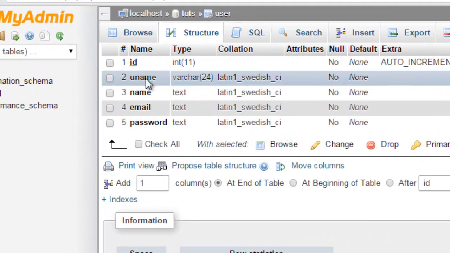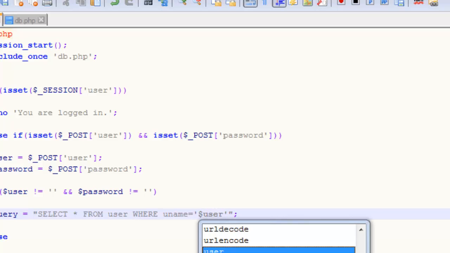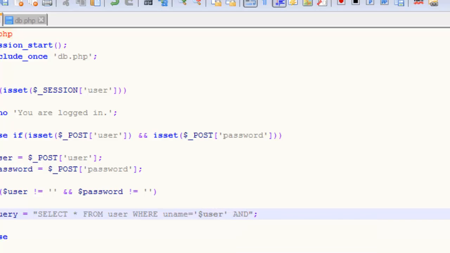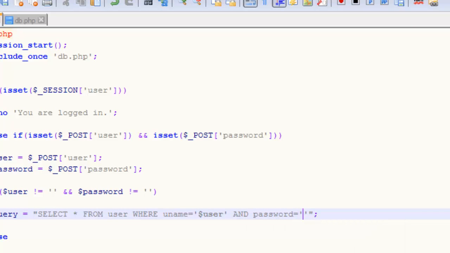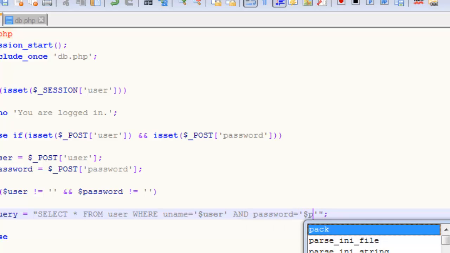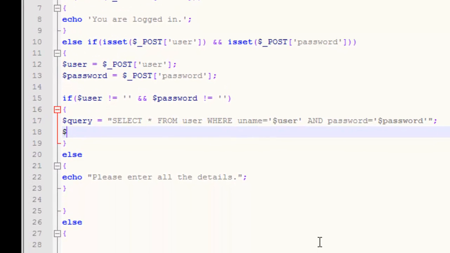For username we have used uname, uname is equal to $user, and for password we have used password is equal to $password. Now we shall execute a MySQL query